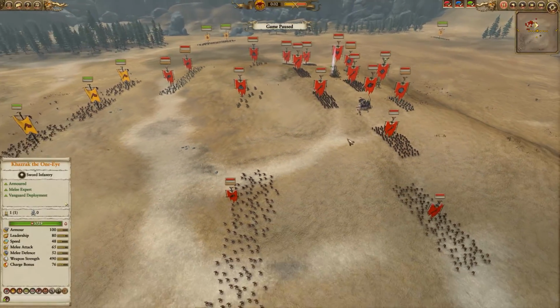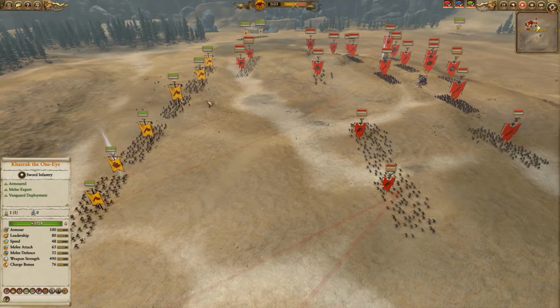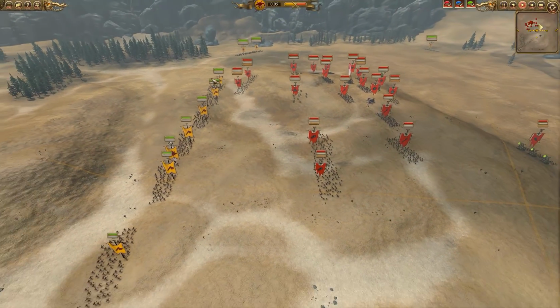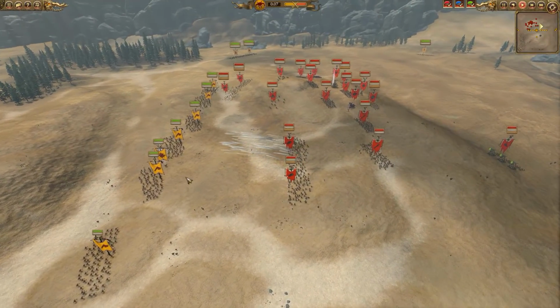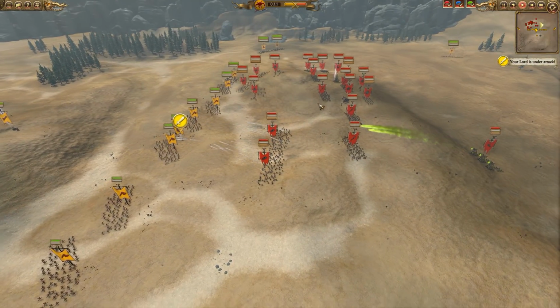Okay, so that was a lot of talking. Let's continue on with more talking. So we're going to charge in here very quickly. I had all my units just massed on one button in a locked formation. So as soon as the fight started, I just right-clicked on the enemy, and then after that right-click is over...